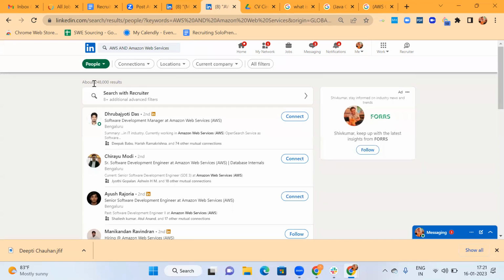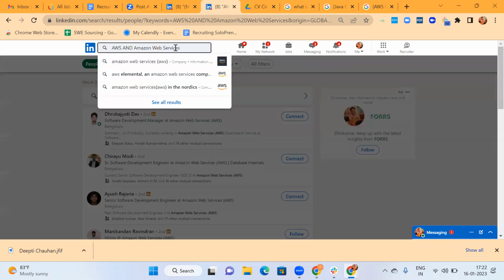2,48,000. So the numbers are varying, but only marginally less, and still something close to a similar number, because it's the whole web, the whole world, the LinkedIn data that is being searched. But what we are getting is based on assumptions, and not accurate results over here. Let's say instead of Amazon Web Services,